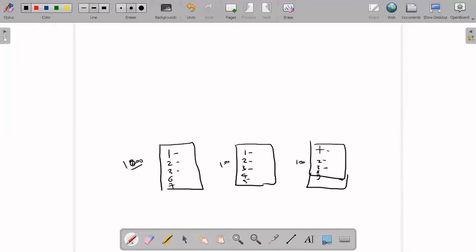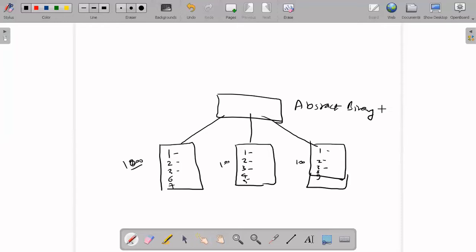So in order to reuse the code, can I extract these three methods and create one common class? Okay, and I'll name that class abstract binary tree. In abstract binary tree, I'll write the code for methods 1, 2, 3 once. So here 20 into 3, 60 lines of code, but here it will be reduced.